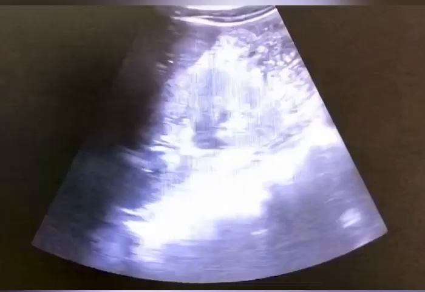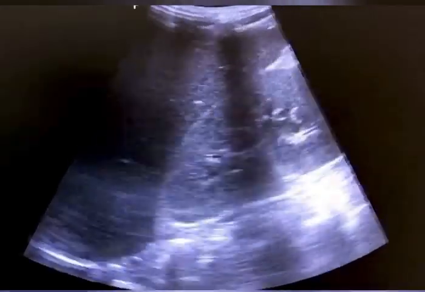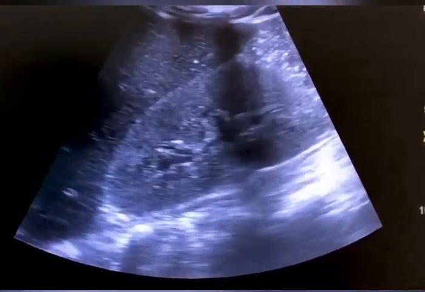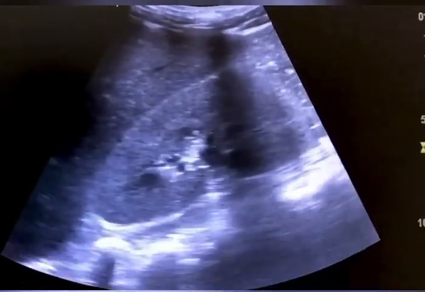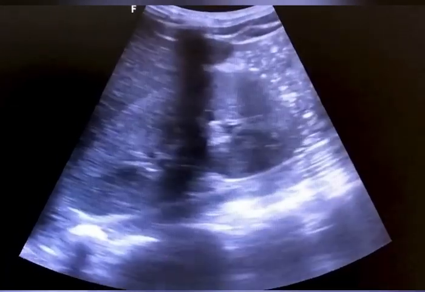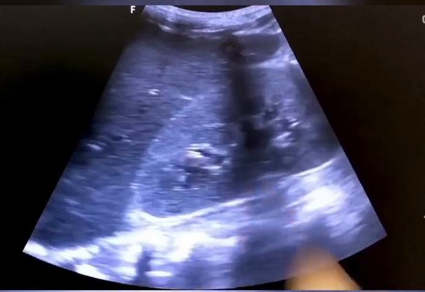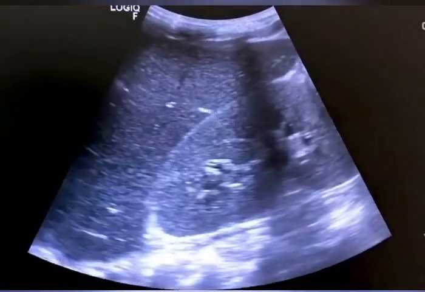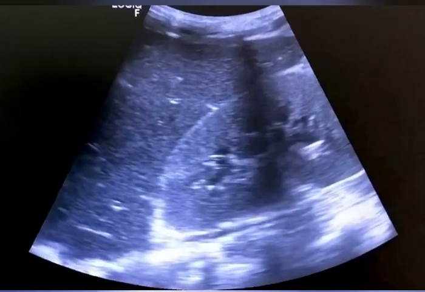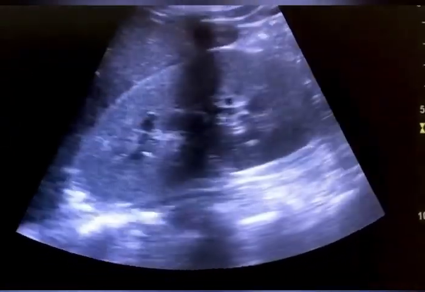The second finding is of the kidneys having hyperechoic texture of the cortex, a little bit hyperechoic, and this kidney is diffusely swollen. Here you can appreciate the hyperechoic texture of this kidney. Not so much, we can say it is normal also, but I will call it a little bit hyperechoic.